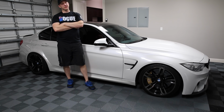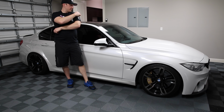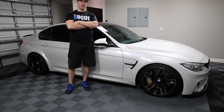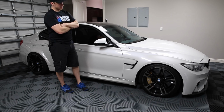I haven't been as indecisive with this car as I was with the GT3. But the nice thing about the M3 is there's such huge aftermarket support, and there's so much sharing that goes on in the Bimmer Post world, the forum world, that it's a lot easier to figure things out. And you know, I've had to pioneer some things and buy it first, but